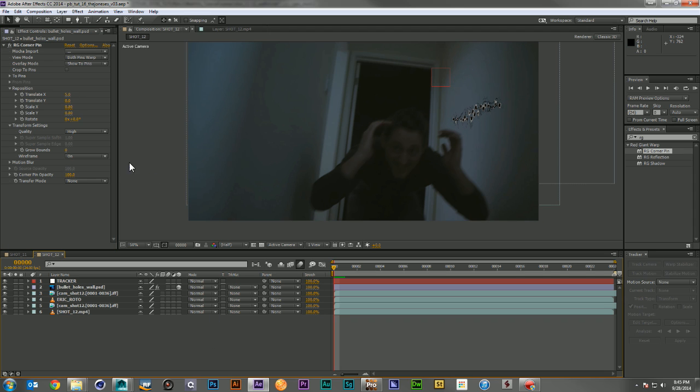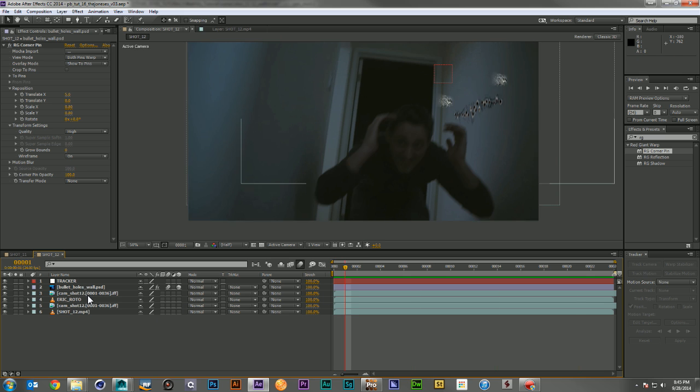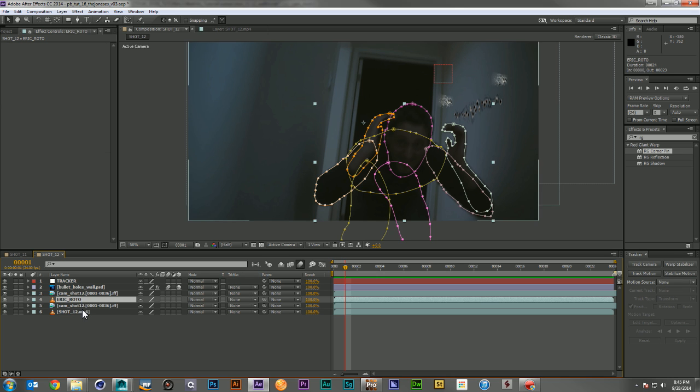And then I'm going to go ahead, turn on my motion blur for that layer. And we can see it's holding on the wall really, really nicely. And let me go ahead and